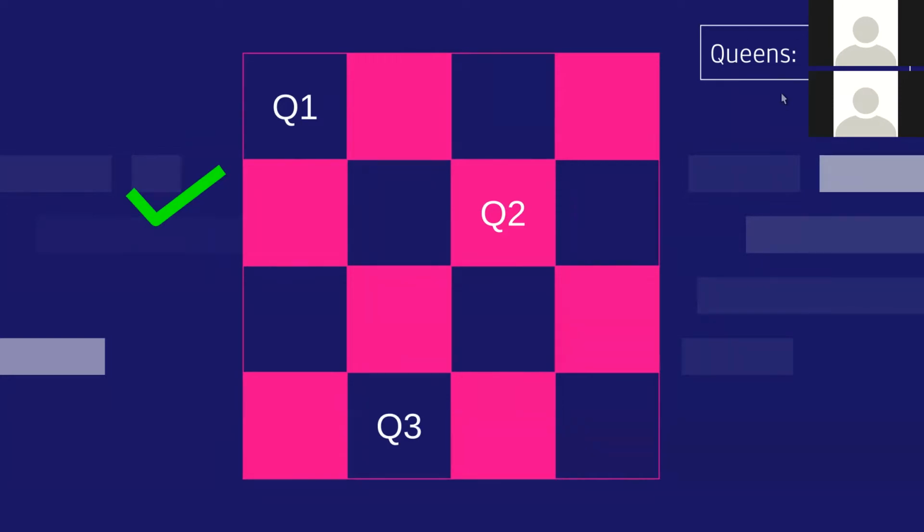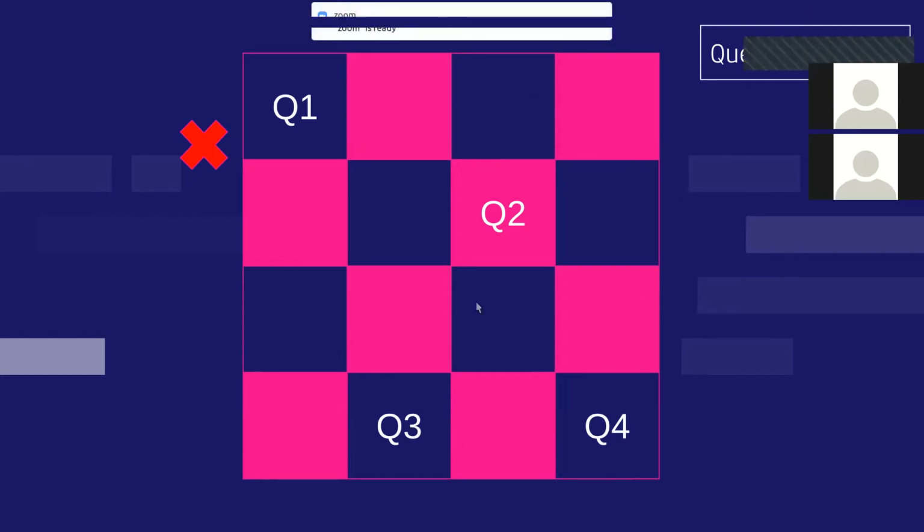Now we try to place the fourth queen in the remaining cells. You can't place q4 here. You can't place q4 here either. You try to place q4 in all possible squares.